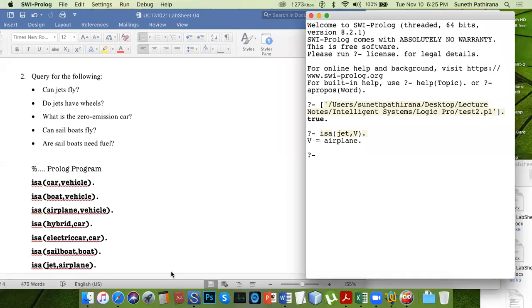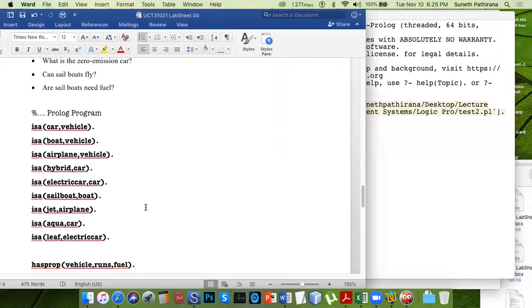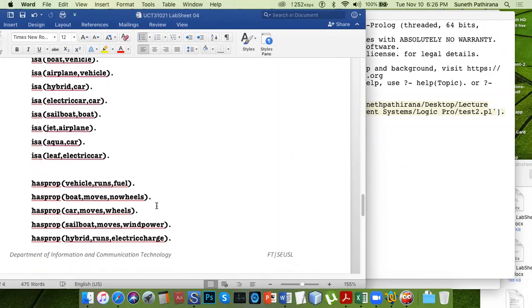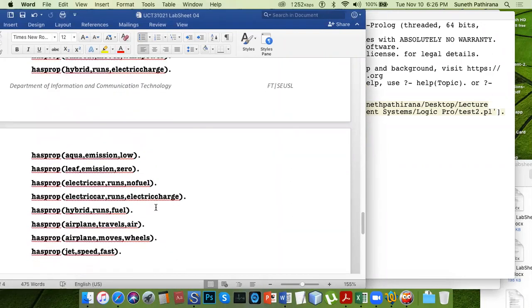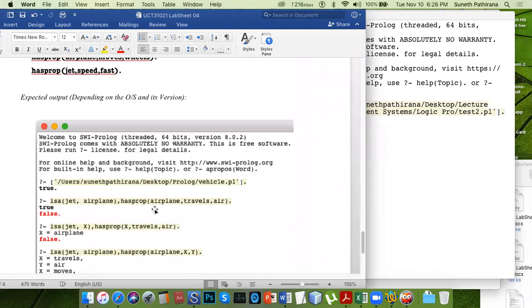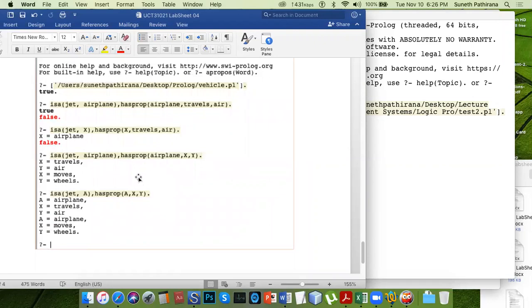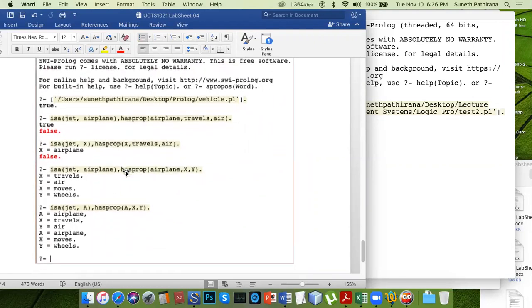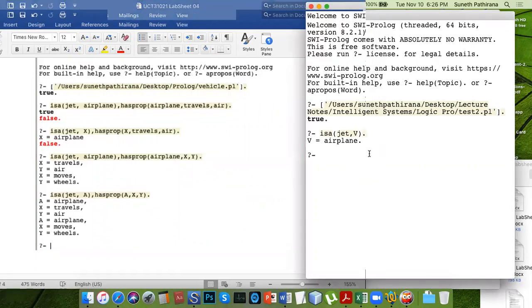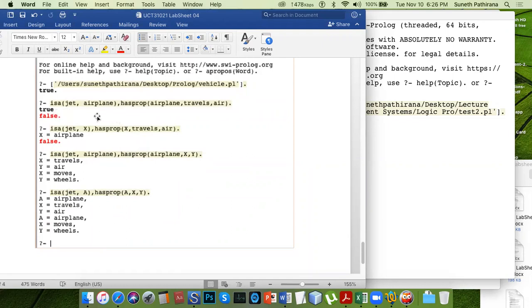I think I have not included that. Airplane can run. Let's see, jet, airplane has property. This is the way. First, we find the category of the jet. Then we can ask this composite question.